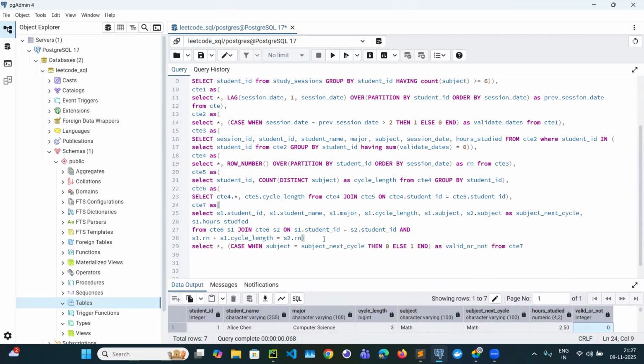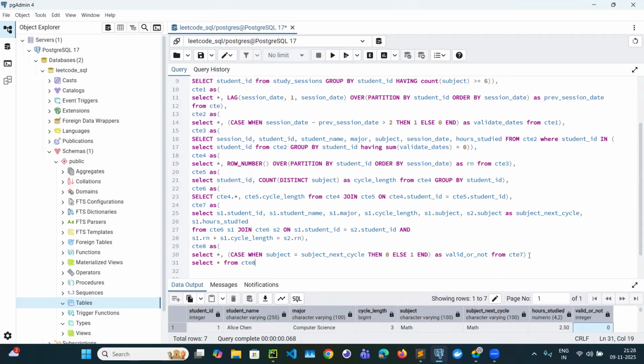Till this point, I have one CTE, and now CTE 8 as this another CTE. Okay. So now I will select star from CTE 8 group by